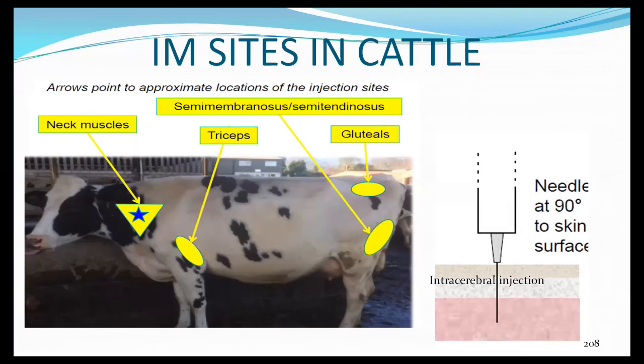So these are all the IM sites. Especially in the case of cattle, the neck muscle is one of the important sites, and the semi-membranous and semi-tendinous tissues, and triceps. Here also it can be given, and the gluteal muscles are present here. So these are the semi-membranous or semi-tendinous tissue. These are the only locations through which intramuscular injections will be given. Or else, if you give